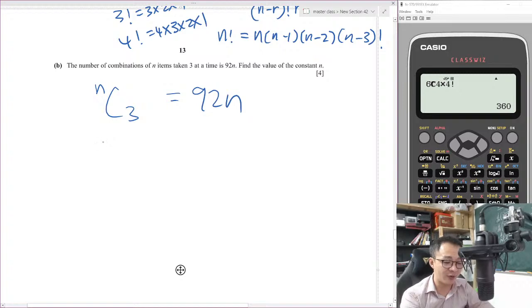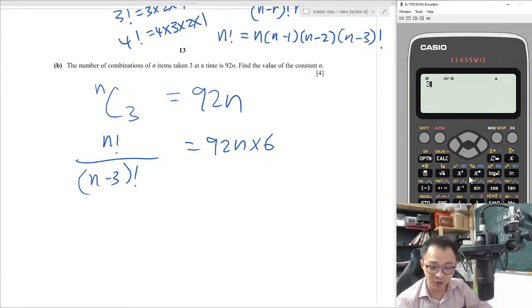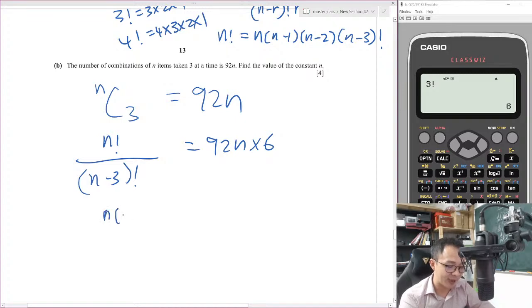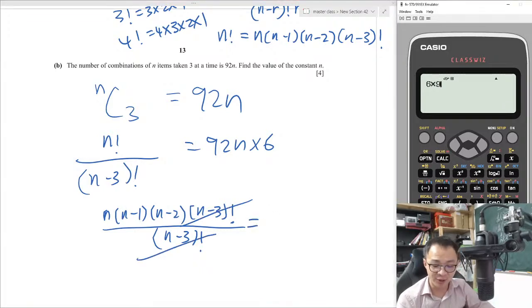Alright, so over here, I will solve this with n factorial over n minus 3 factorial, 3 factorial. This is just 92n. 3 factorial is 6, right? So I will move the 6 here. When I do it too fast, some students get a bit lost. 3 factorial is 6, so I multiply 6 to the other side. So here, n factorial, I will expand it, becoming n times n minus 1 times n minus 2. When I see n minus 3, I will stop here because I see n minus 3 factorial in my denominator so that I can cancel it out. So 6 times 92, I will have